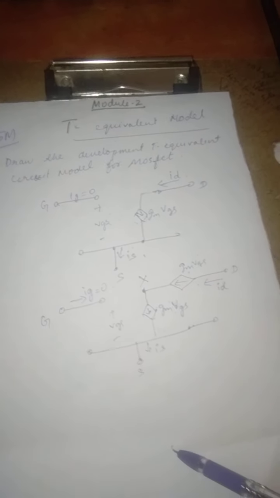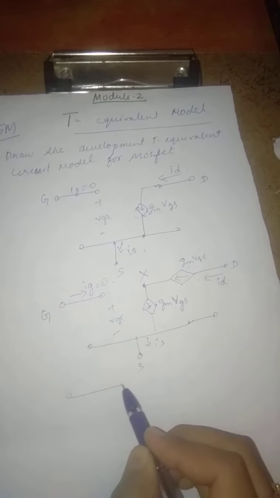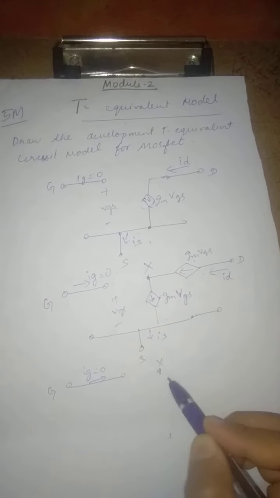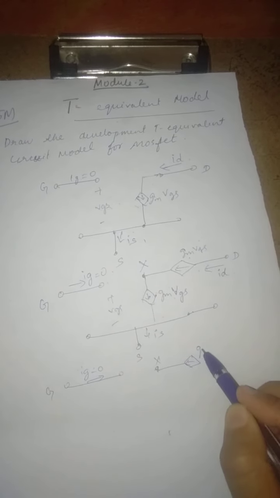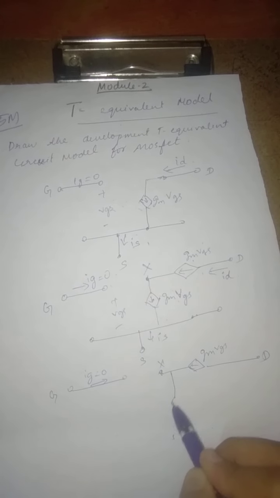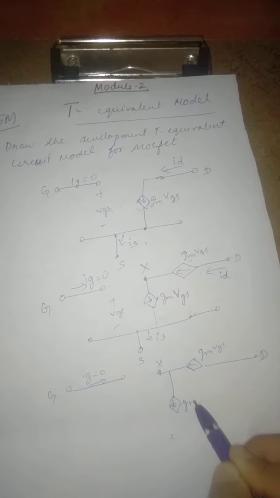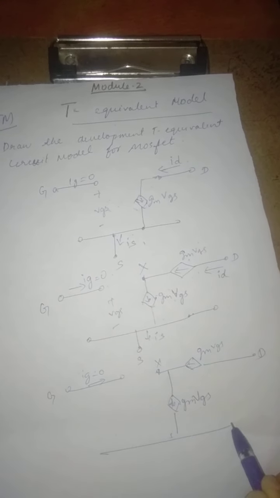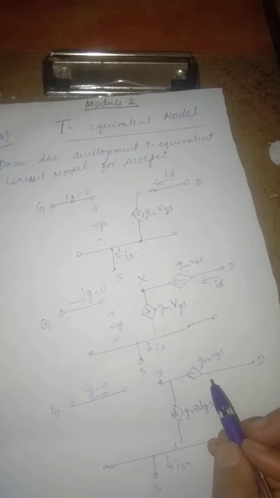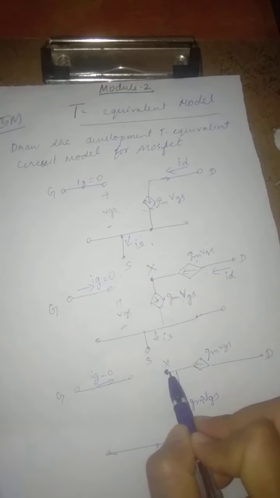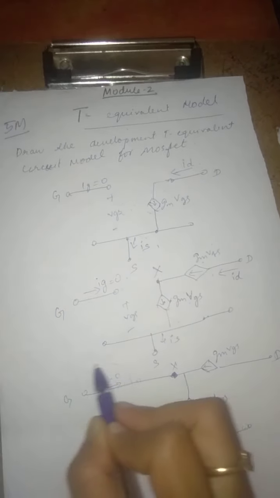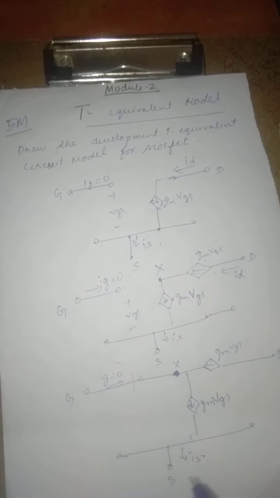So now moving on further, we'll have Ig equal to 0 at the gate, and this point is X, with GM into VGS, and here you have a drain and you have the original controlled source GM VGS, and this is going to be our source part. Now what I told is we got a point which was created newly as X. This is being joined with the gate. Still the gate current is not going to change. That is what I mean to tell.